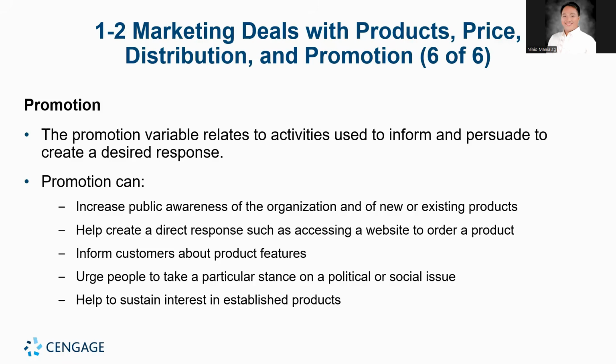Promotion can increase public awareness of the organization and new and existing products. So promotion helps businesses become known by customers. Even if a business offers a good product, customers will not buy it if they do not know that the product exists. For example, a newly opened restaurant may use Facebook posts, flyers, or opening promotions to introduce its product to